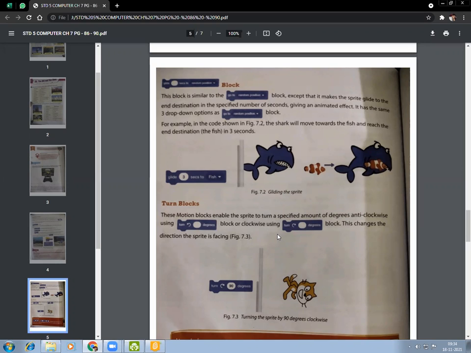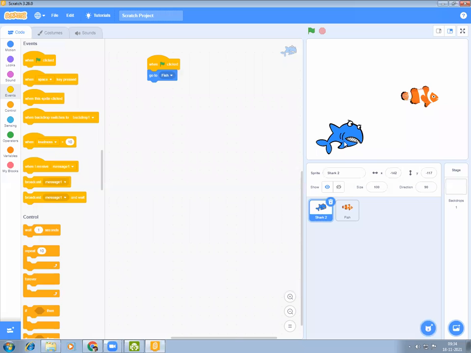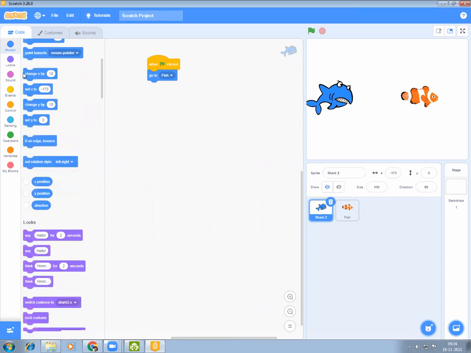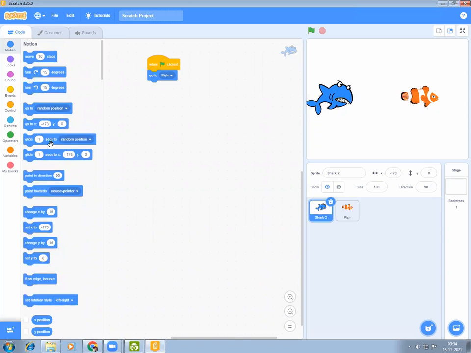For example, in the code shown in figure 7.2, the shark will move towards the fish and reach its end destination in 3 seconds. Let's see how we are going to do it. Here, motion block. Glide to.